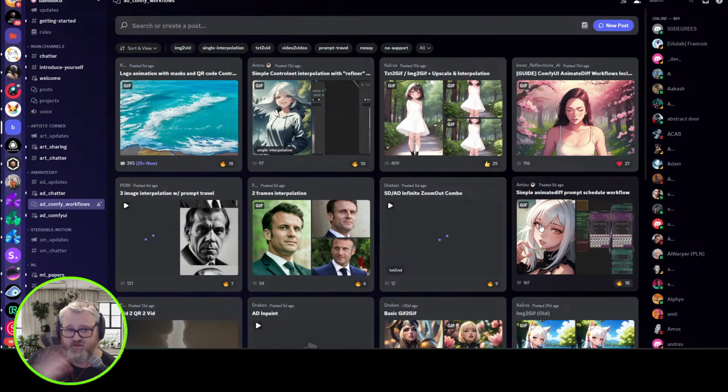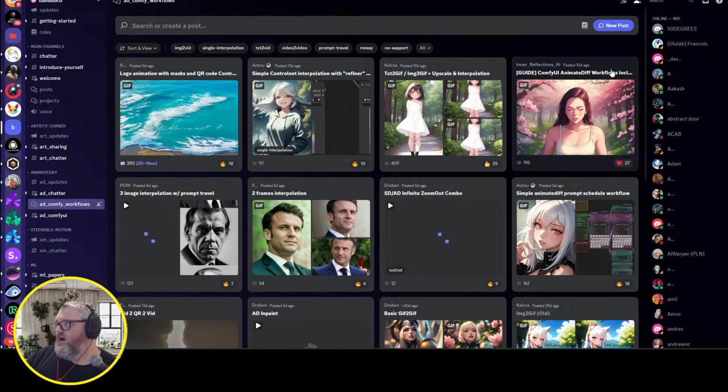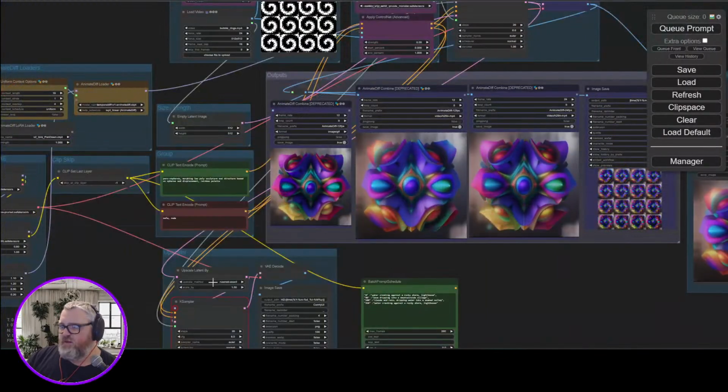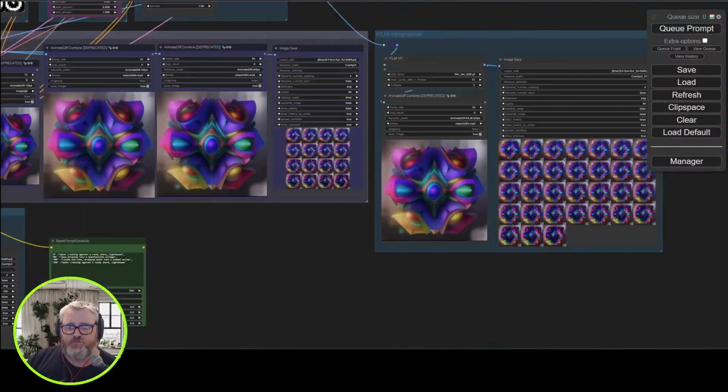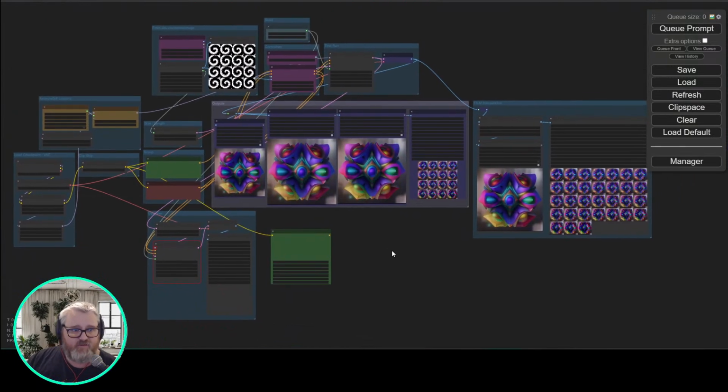Everything's laid out and it's all in a path, so if it doesn't work, we'll try to figure out why, and if it does work, then we're great. All right, but first, let's start with this Frankenstein workflow I've been building out for the last couple